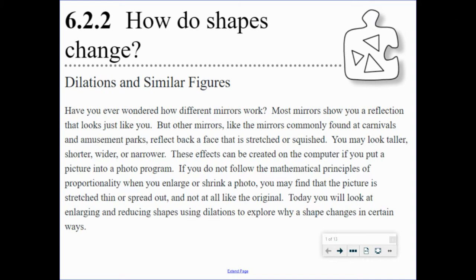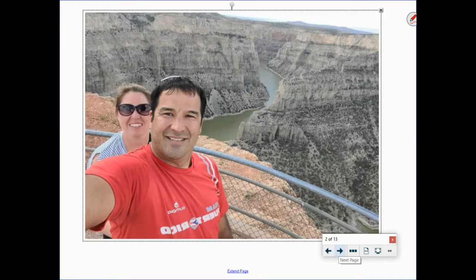Now, this is a kind of a long paragraph, and it looks confusing. Like this part right here, if you do not follow the mathematical principles of proportionality when you enlarge or shrink the photo, you're like, what on earth are they talking about? What they're talking about is, for example, here, if you take this photo,